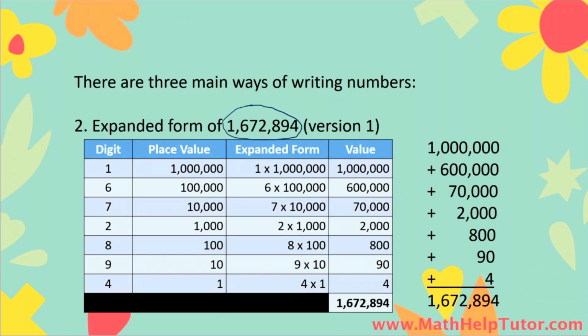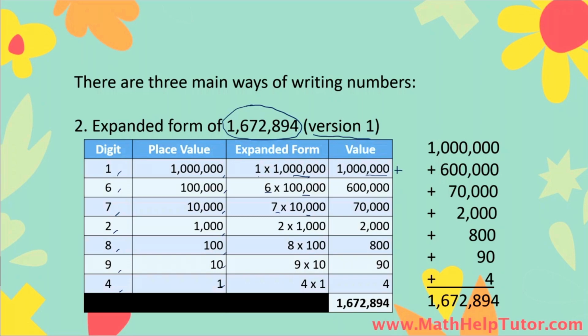1,672,894, which is written in standard form. So in order for us to write it in the first version of the expanded form, we take note of each of the digits of our number, and we take note of the place value of each of the digits, and then we multiply the digit by the place value, and then we get the value. So what we do to have the first version of the expanded form is we add each of these values